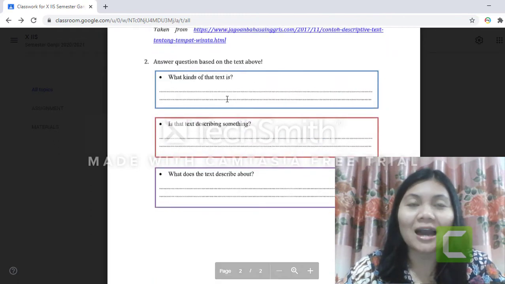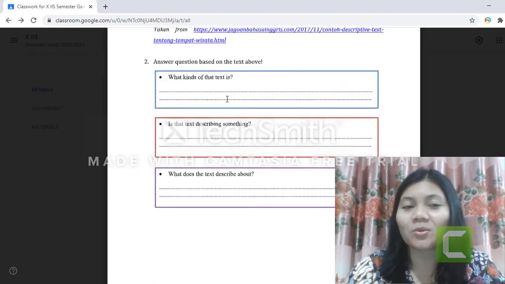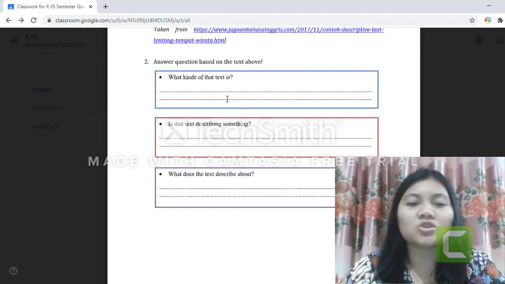Ya, dia mendeskripsikan tentang sesuatu. The last question: what does the text describe? From the beginning to the end of the text, they are describing the Eiffel Tower. So, the text is describing the Eiffel Tower.